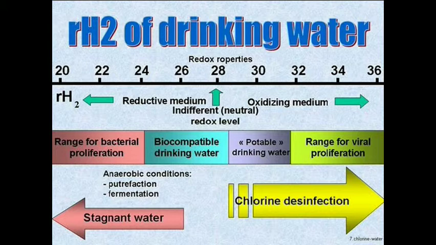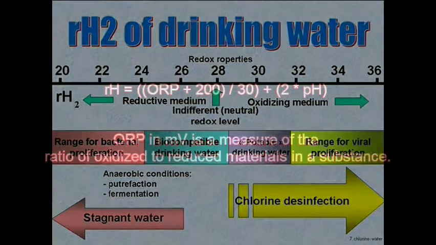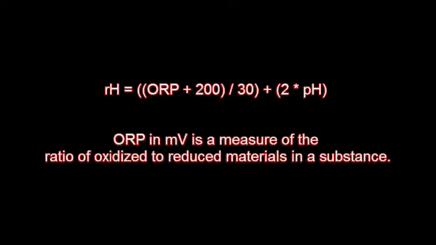Fluorinated water supplies have an rH2 value higher than 27. Mineral water has an rH2 equal to 30, while tap water has an rH2 equal to 34. The relationship between rH and pH is rH equals (ORP plus 200) divided by 30, plus 2 times the pH value. ORP is in millivolts and is a measure of the ratio of oxidized to reduced materials in